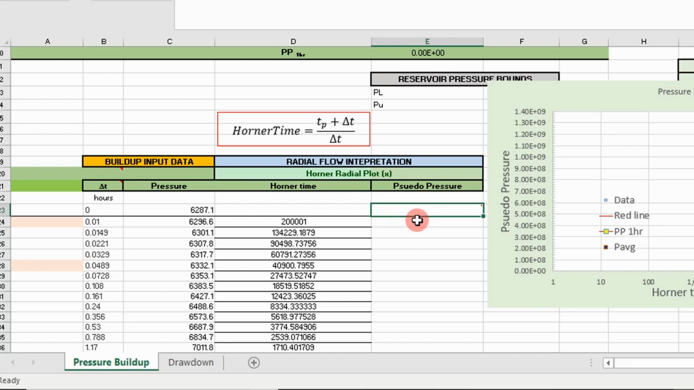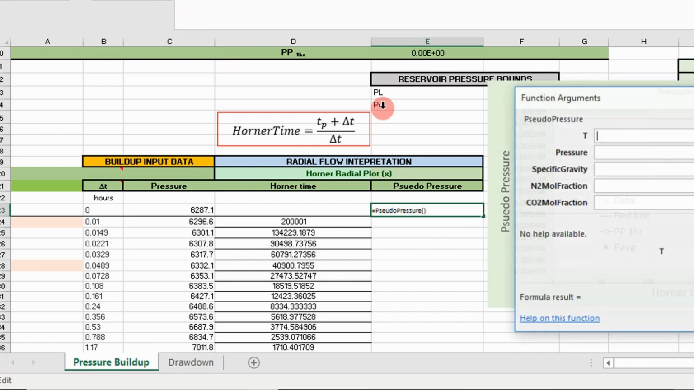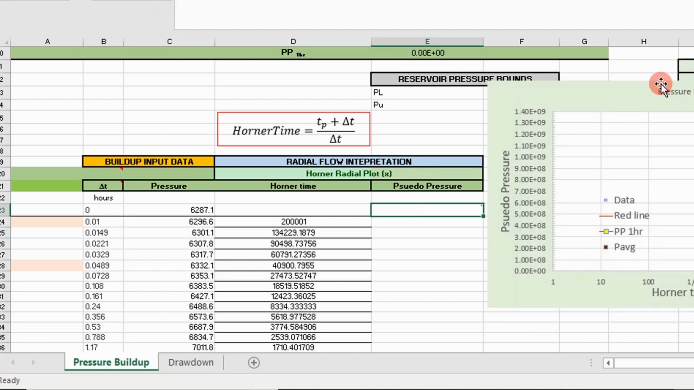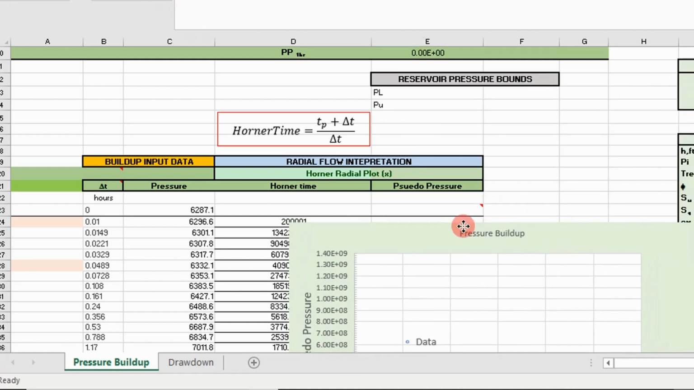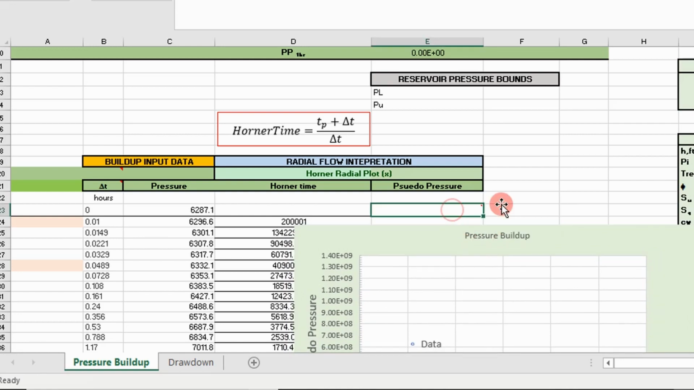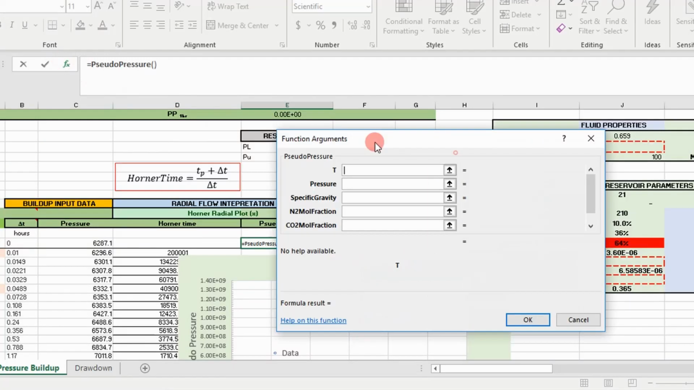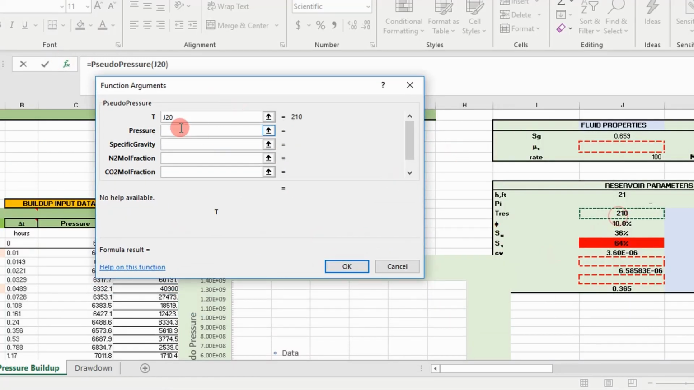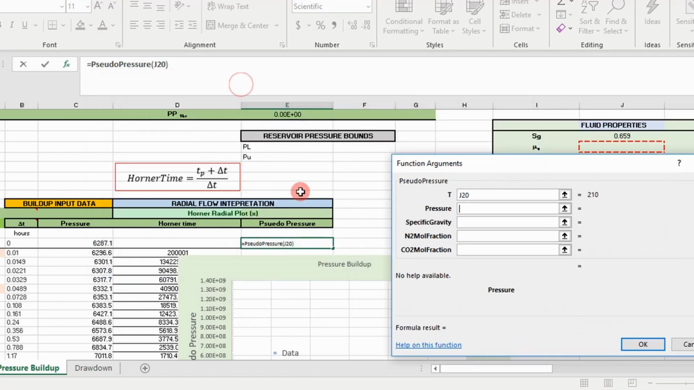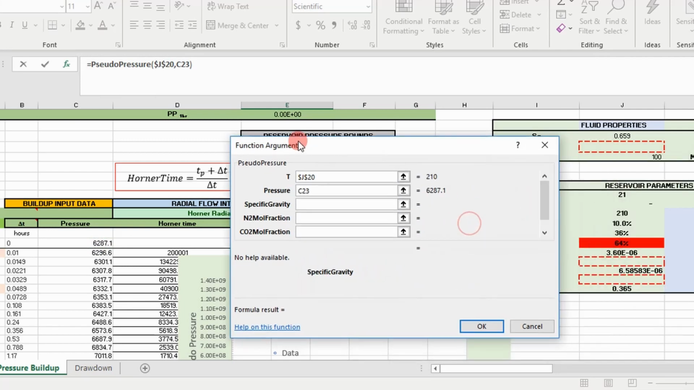But we can calculate our pseudo pressure now. Our pseudo pressure, I wrote a VBA function for that. It's called pseudo pressure. And it's going to take arguments, and I'm going to move this out of the way so we can get our data. Equals pseudo pressure. It's going to take our reservoir temperature in degrees Fahrenheit. It's going to take pressure. Our pressure is going to be in our pressure column, and you want to freeze the temperature. It's going to take gas gravity,